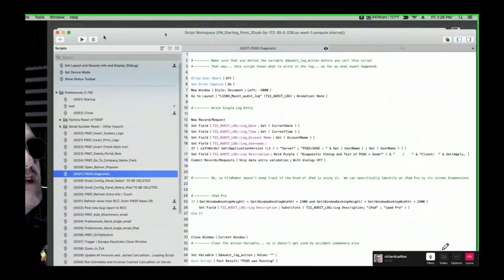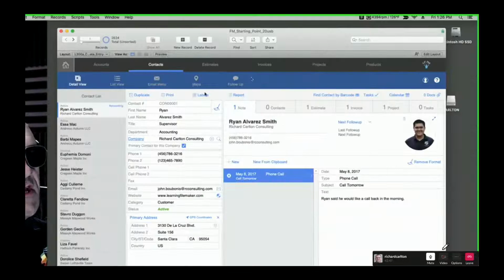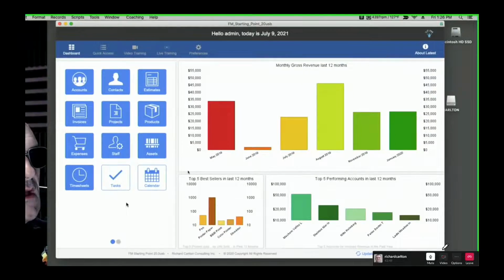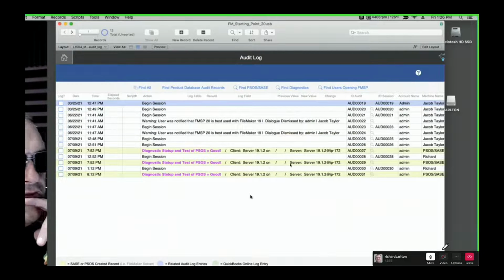So when I start it up, I'm going to unclose this and I'll show this to you. I'm going to revert all my changes. I'm going to go to home, go down here to over here. Where's my, it's in preferences, right? How do I get to my audit log? Right here. So right here, check it out. So when I fired this up,